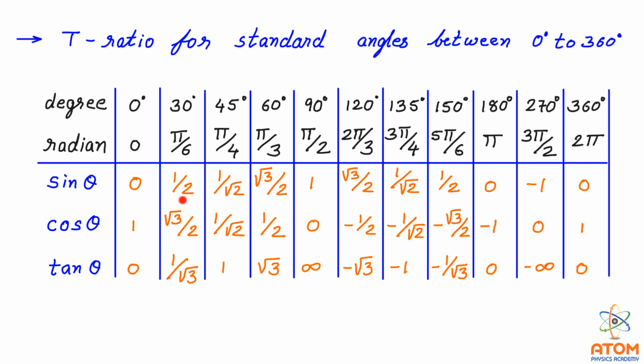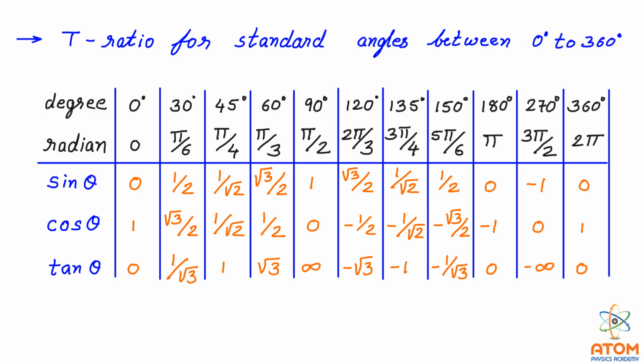You can see here is 1 by 2, this is also 1 by 2, this is root 3 by 2, here also the magnitude is root 3 by 2, here is 1 by root 3, so magnitude here also is 1 by root 3. And finally, the magnitude of 0 and 180 is also the same. Here it is 0, so here also 0, here it is 1, so here magnitude is 1, this is 0, so here also it is 0.